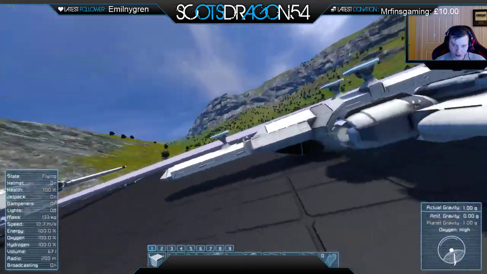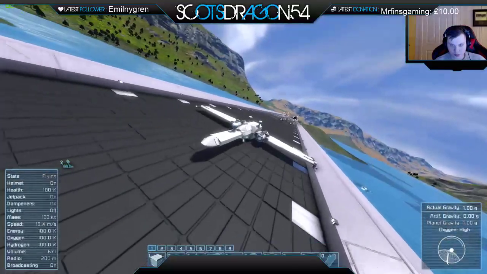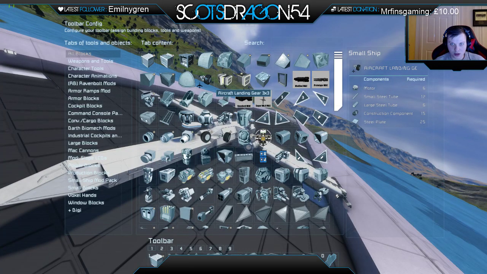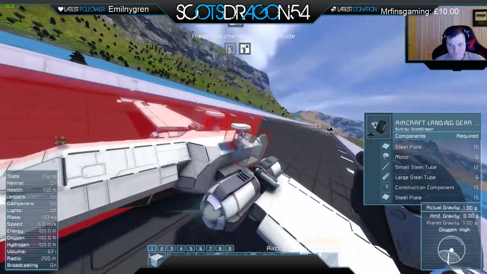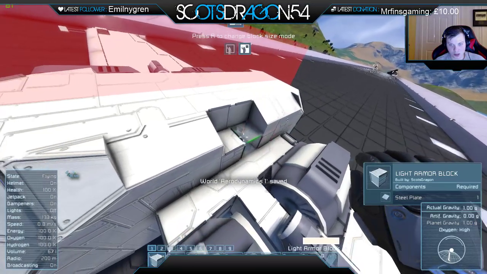Where's the upside down one? Here's the upside down one. So that's the completed one-ish. This is the upside down one for screwing around underneath. So where's that wheel mod wheel? No. It was aircraft landing gear, 3x1. I don't know how well... The thing is, I haven't had a chance to use this mod yet, so this could be...